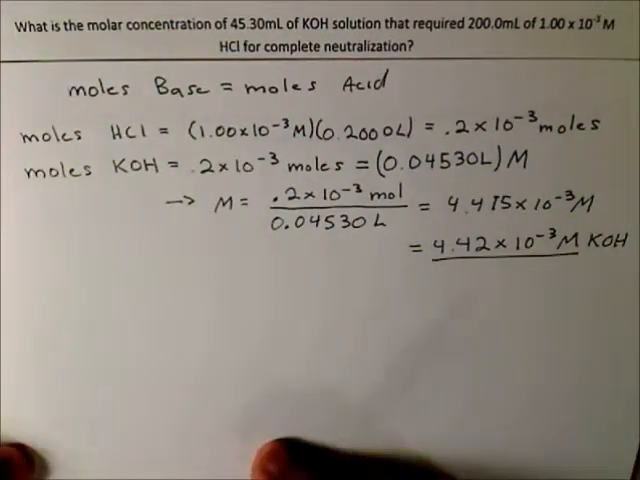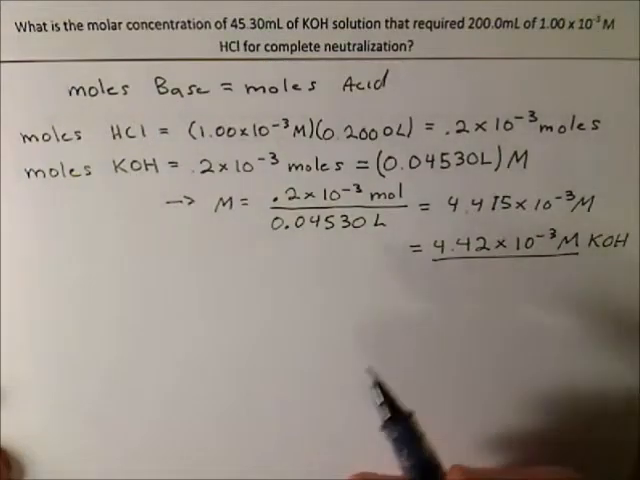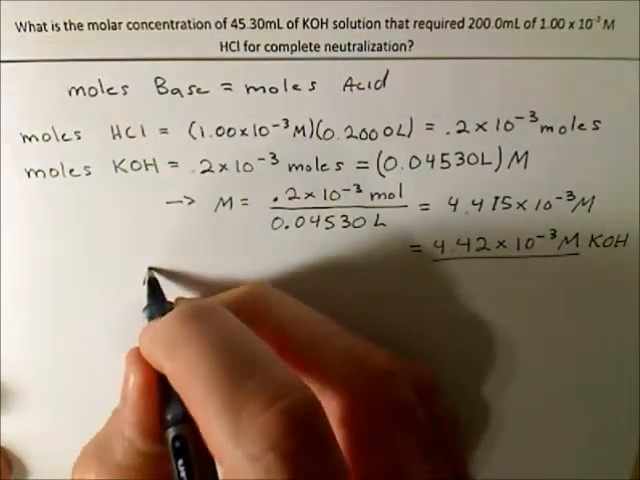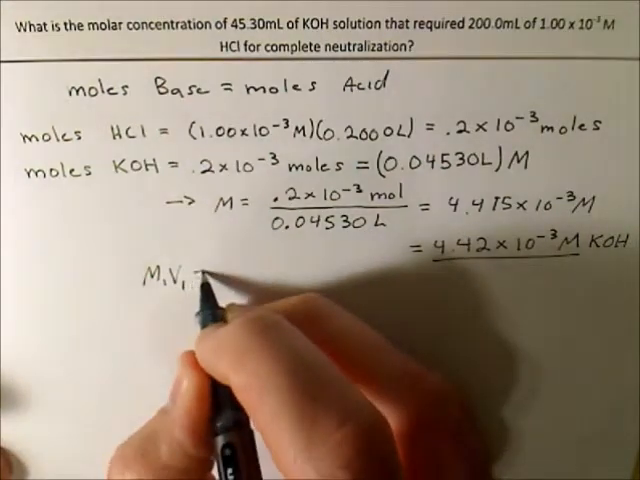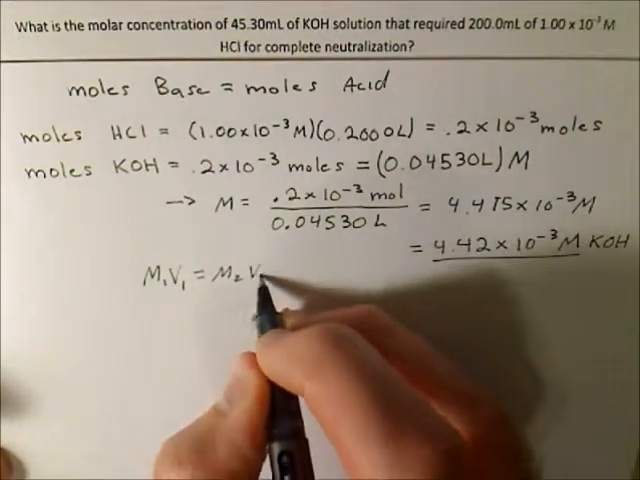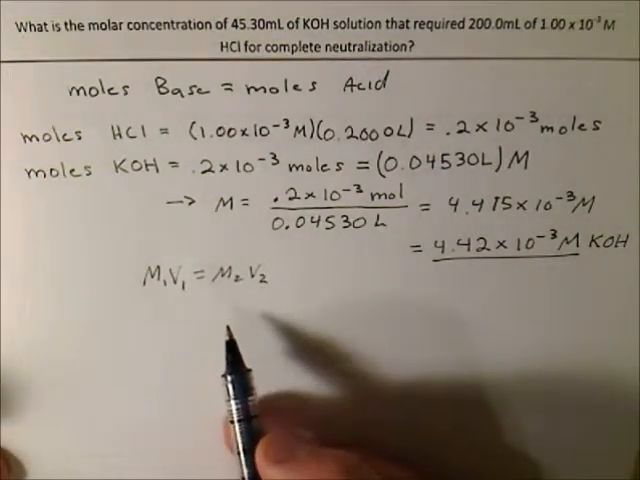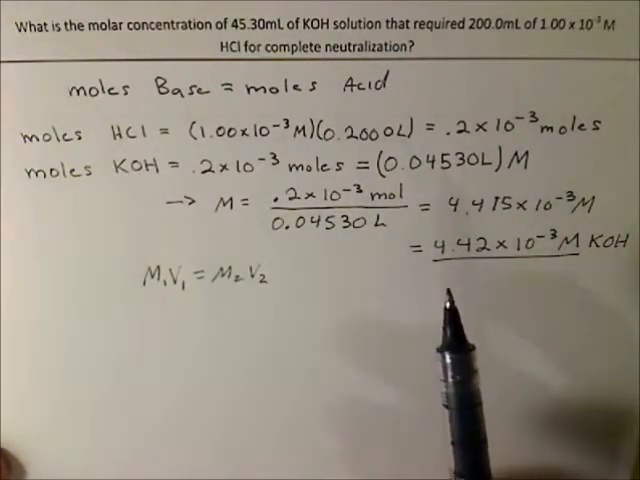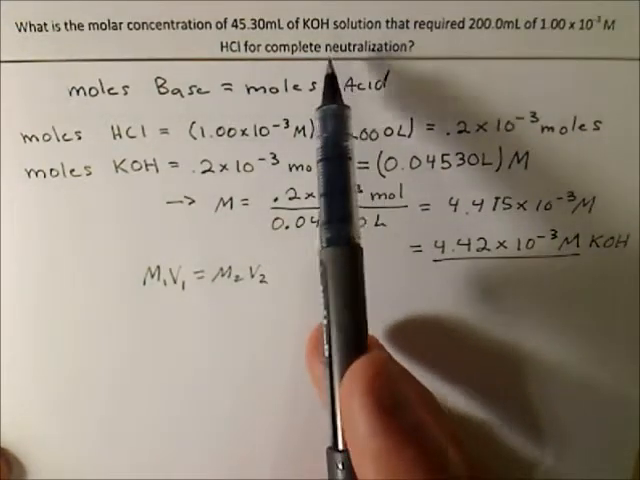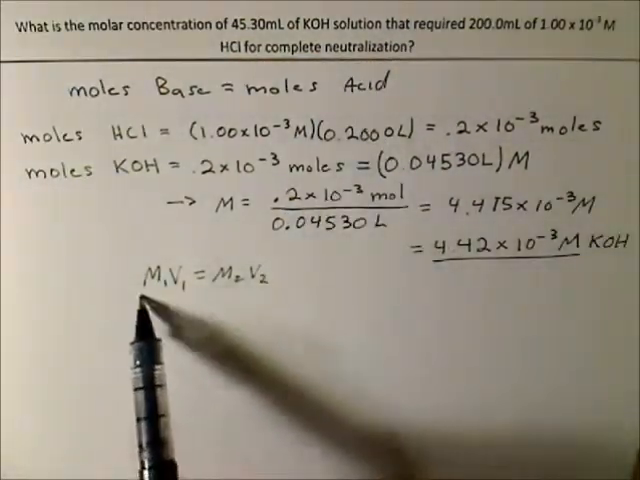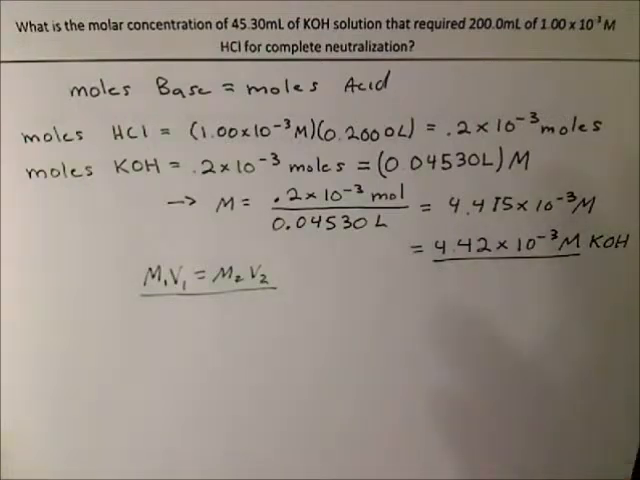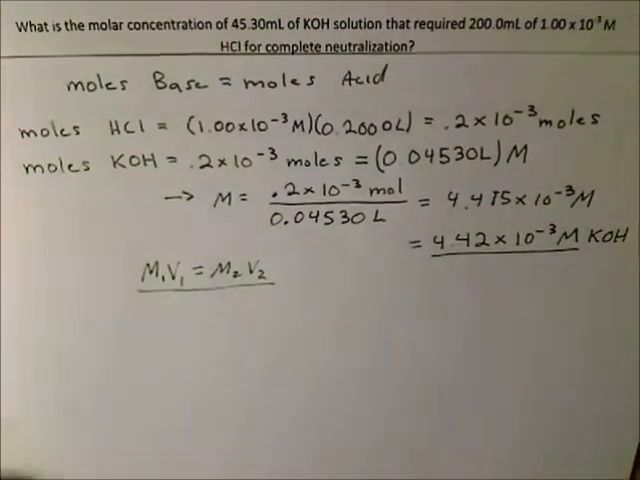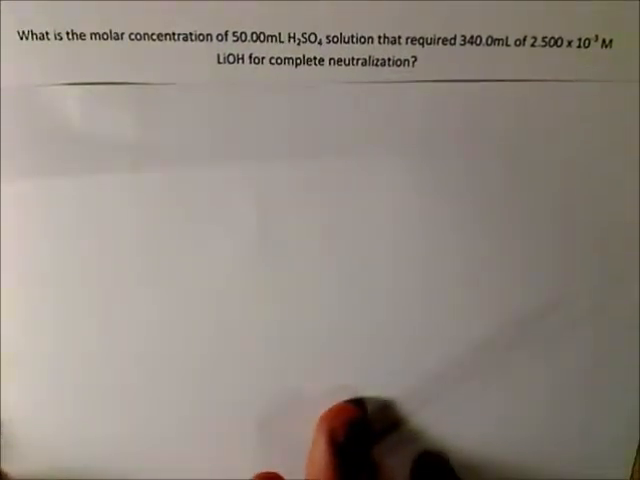Okay, so that's a simple one, and you might have noticed that you probably could have just used the equation M1V1 equals M2V2. You could have, but I like to work it out this way so you can see each of the steps. In the next problem, you'll see that we can't just use this right off the bat, and we'll have to use something different. So the next problem we have